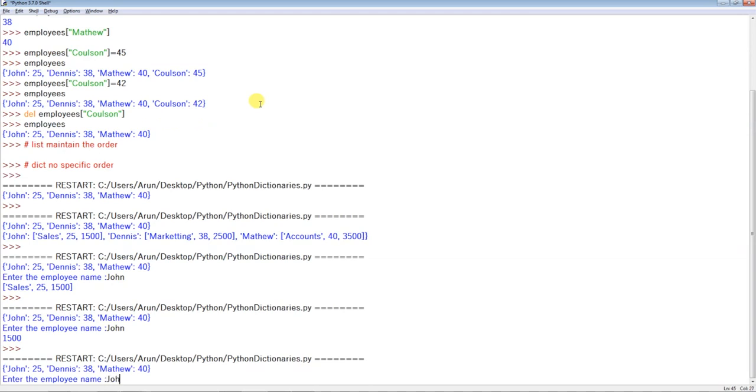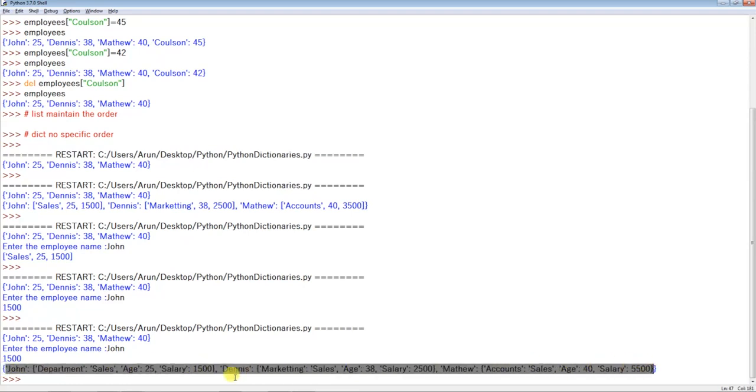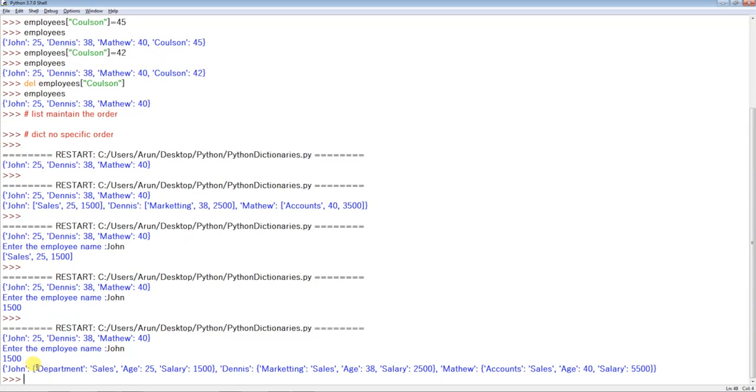Okay, what is the name? John. See, we got all the information: John and department, and the key and the value. John is a key. It's there because you can see the multiple dictionaries here. This is the first dictionary, the whole dictionary, and this is the individual dictionary for each and every